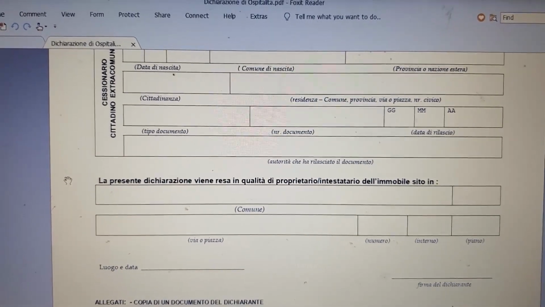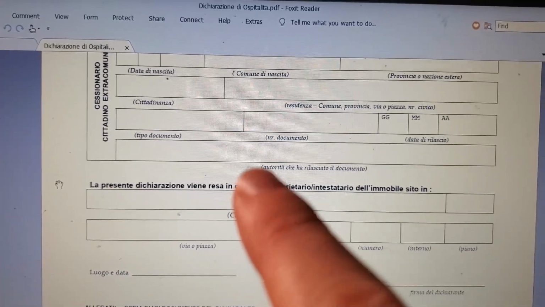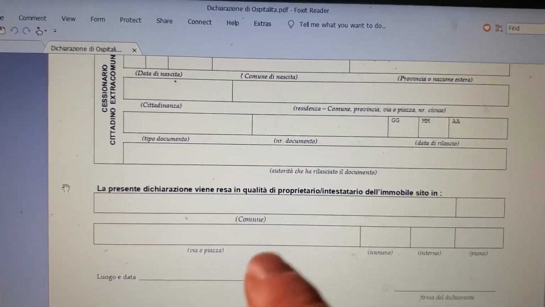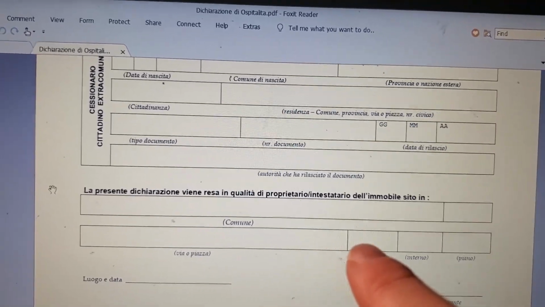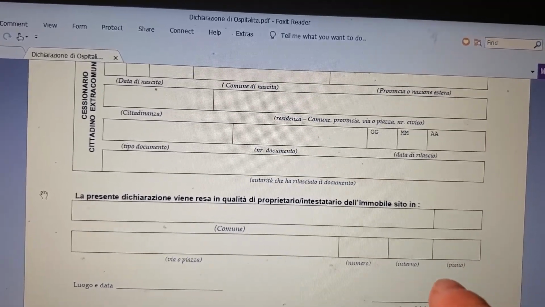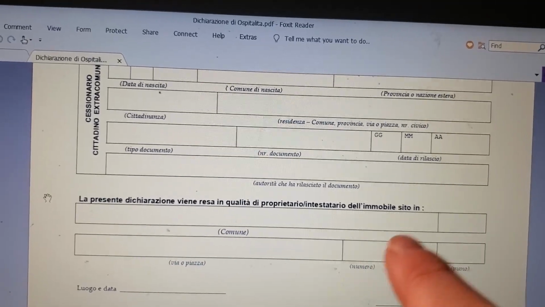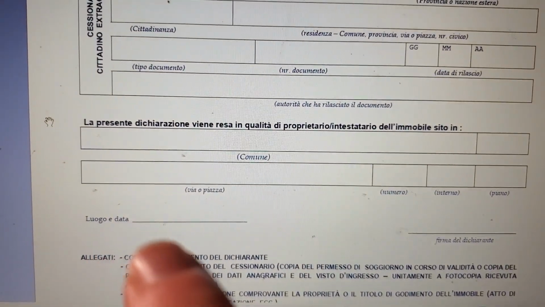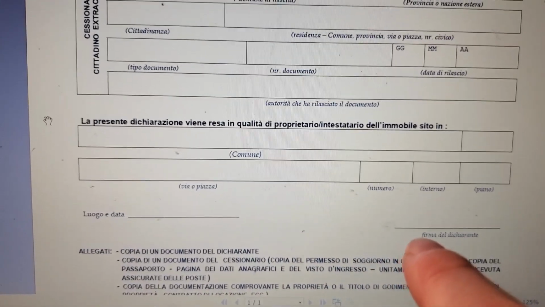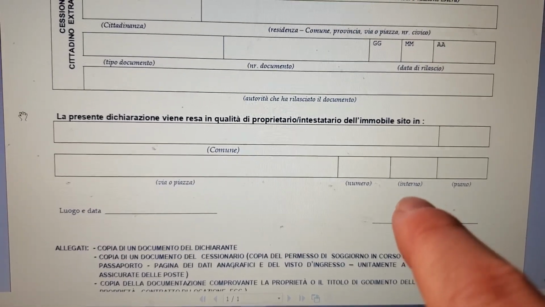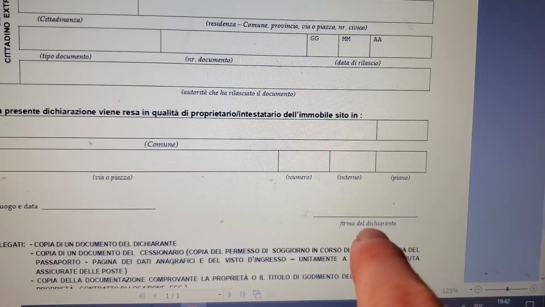Dichiarazione viene, for the property, you put the address of where you're going to be staying, the street, the number, and then piano, interno, in case there's an apartment number maybe. Then the place where you're signing and submitting this, and the date, and then the host who's filling this out for you has to sign there.